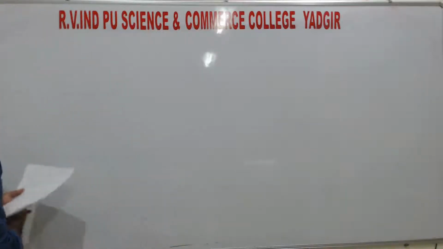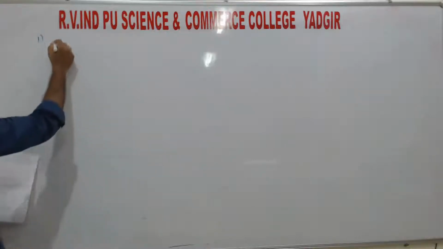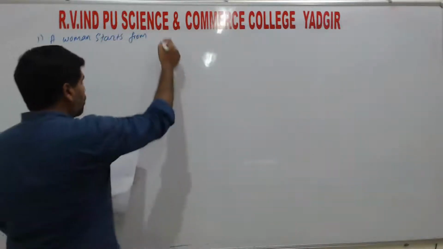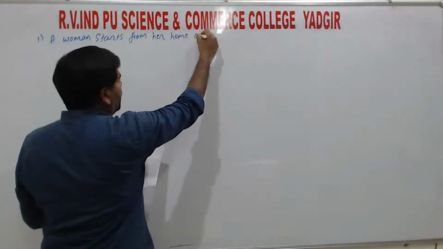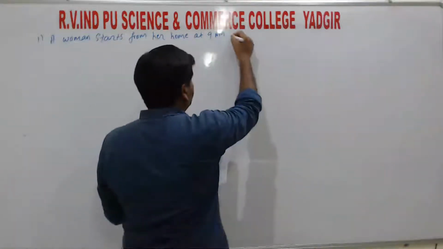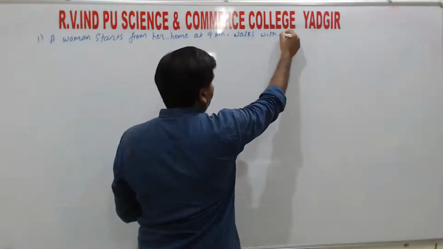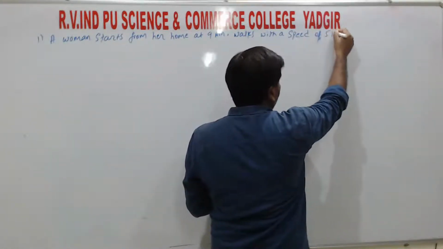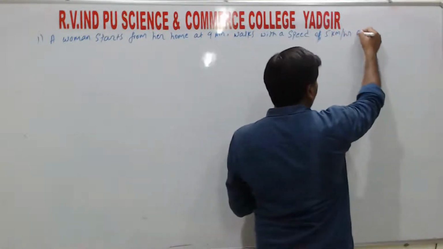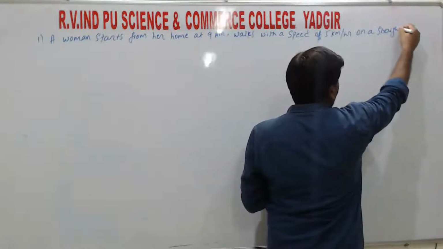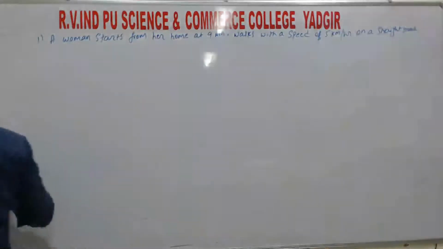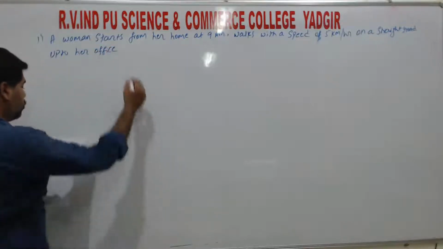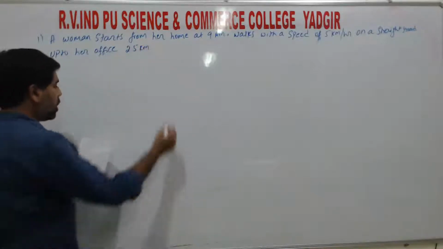So take down the problems. First one, a woman starts from her home at 9 a.m., walks with a speed of 5 kilometers per hour on a straight road up to her office, up to her office 2.5 kilometers away,